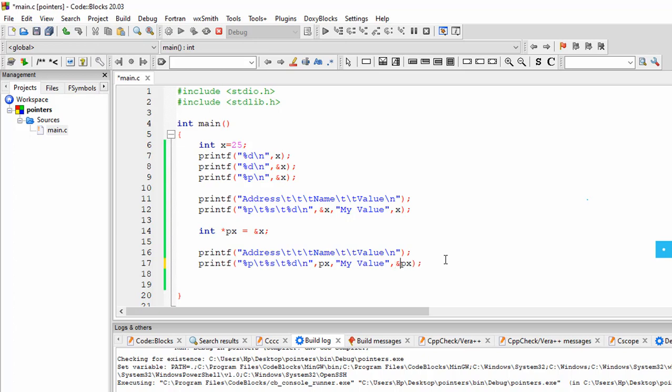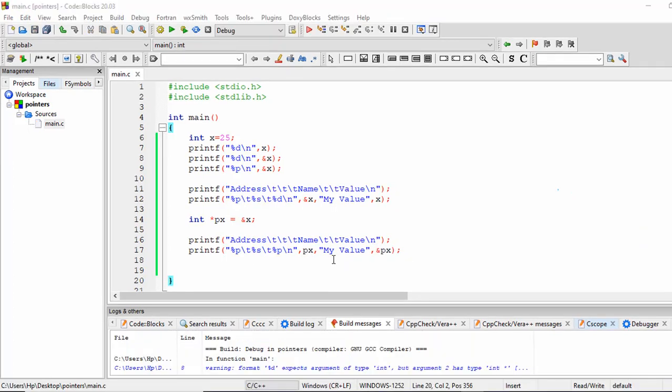Now what if I write &px here? If I am writing &px, it means that I am displaying an address, but the address of this address. This is the address of an address. Basically, this px is already an address, but this address is also stored at some location in the memory, and that will be printed with the help of this.